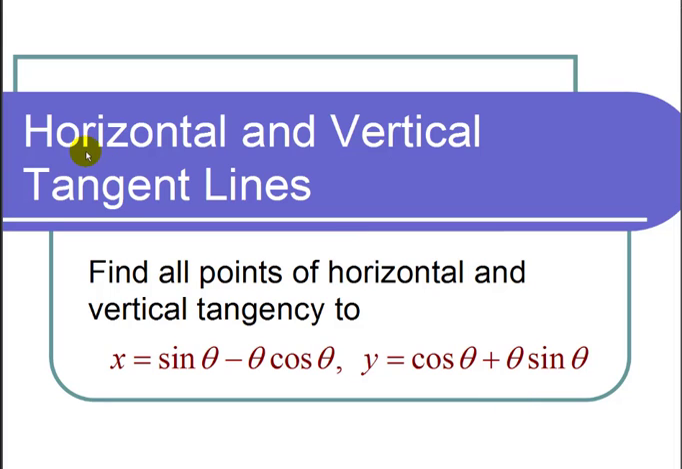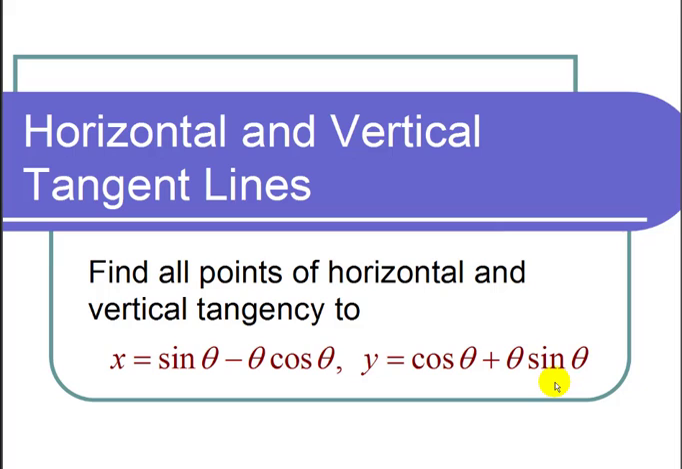This is a video on horizontal and vertical tangent lines. The question states, find all points of horizontal and vertical tangency to the curve x is equal to sine of theta minus theta times the cosine of theta, and y equals the cosine of theta plus theta times the sine